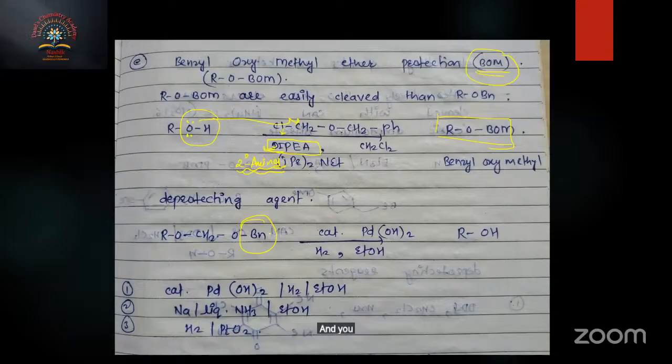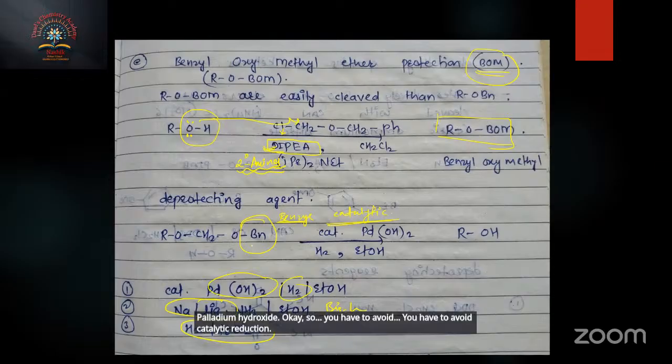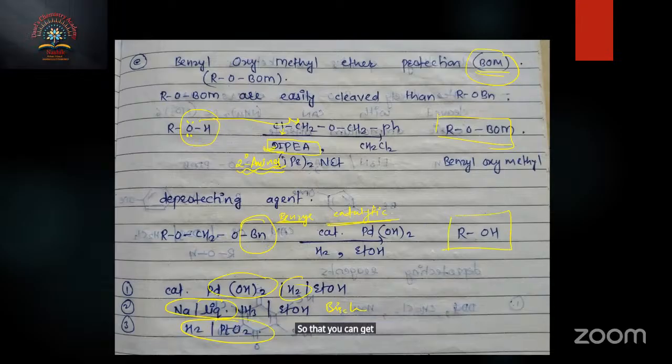And you have to remember one thing, whenever you are using benzyl protection, you have to avoid catalytic conditions most of the time. Catalytic conditions in terms of sodium, liquid ammonia, Birch reduction, right? And you have H2, Pt/O2, Adams catalyst, palladium hydroxide. Okay. You have to avoid catalytic reduction so that you can get better yield, or you can avoid whatever side reactions occur during your synthesis reactions. Okay,